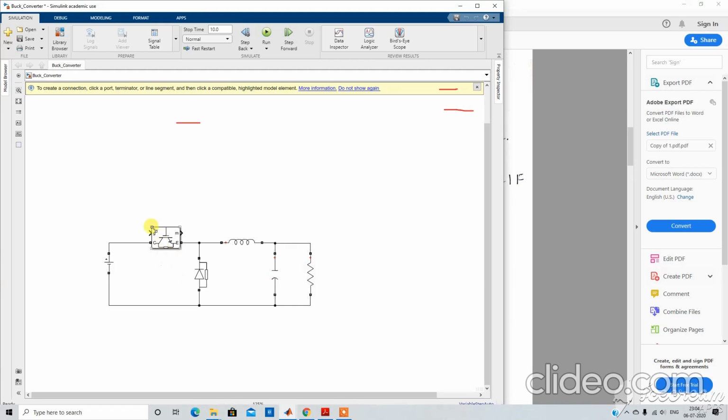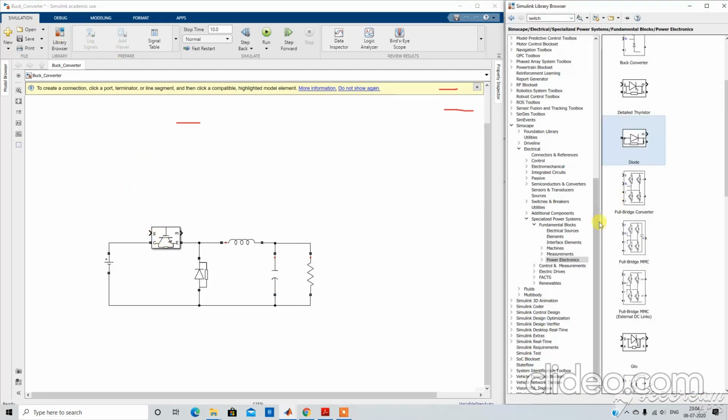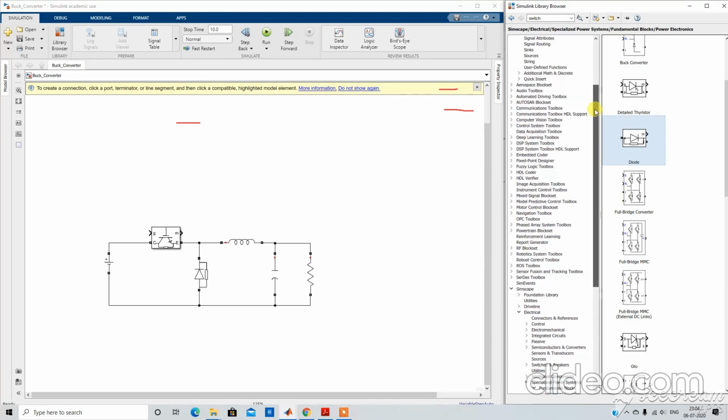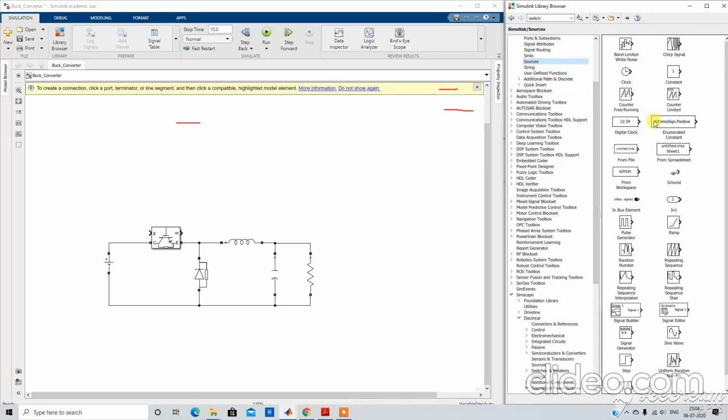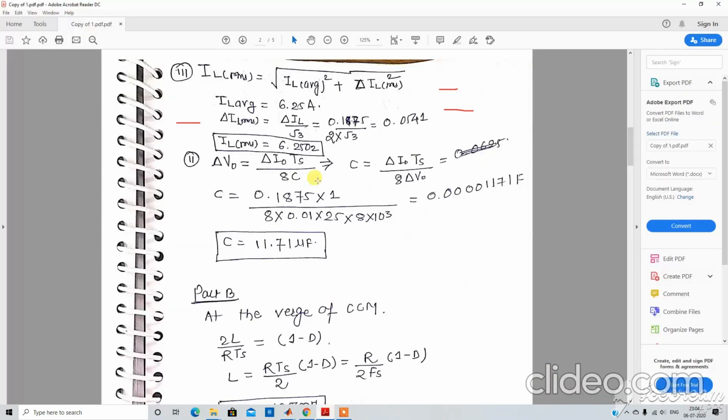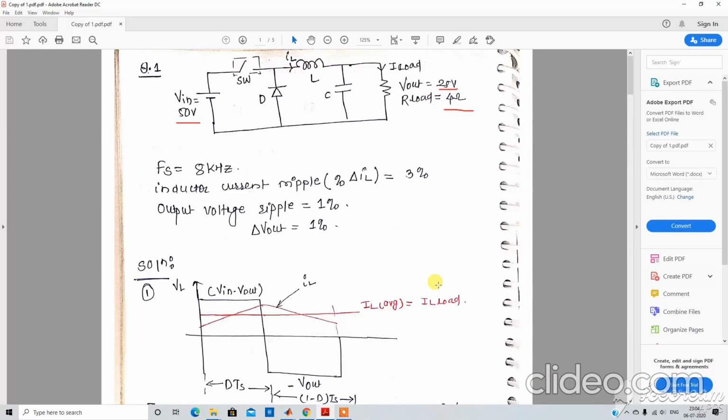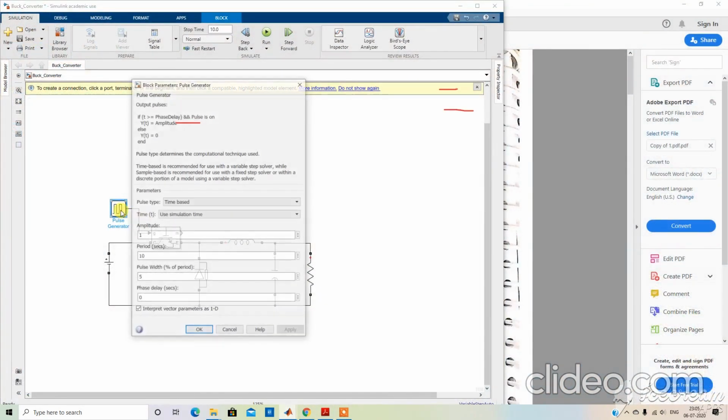To turn on this switch we require a pulse generator, so we will take the pulse generator from the sources section. The switching frequency of the switch is specified as 8 kilohertz, so we will keep this here at 8 kilohertz.